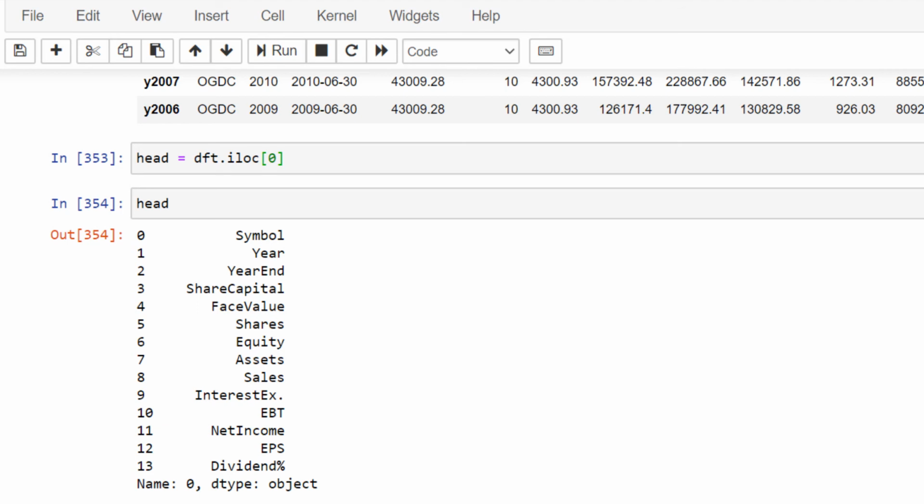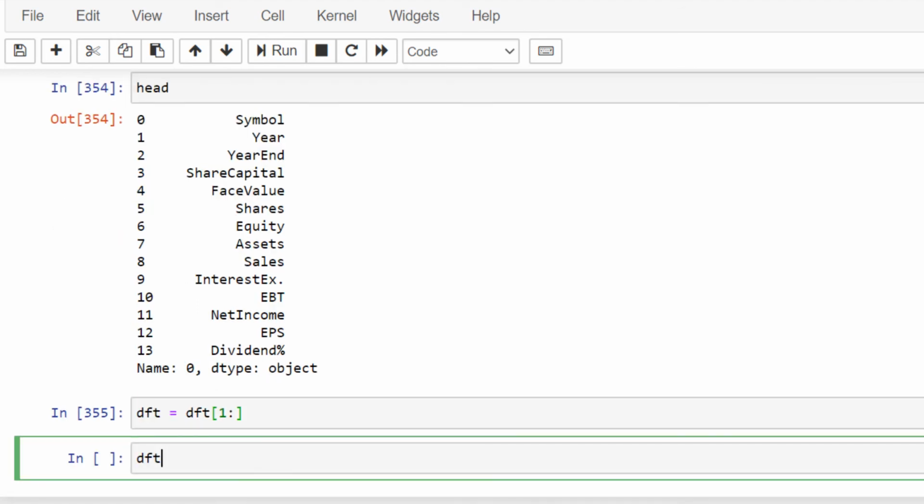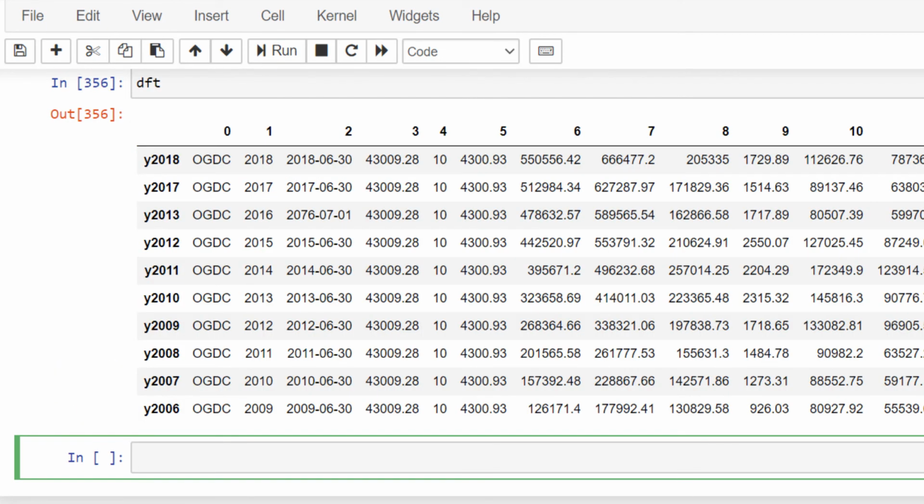So it will be from row 2 till end. So the DFT will now not include the first row. We have removed the first row from it.